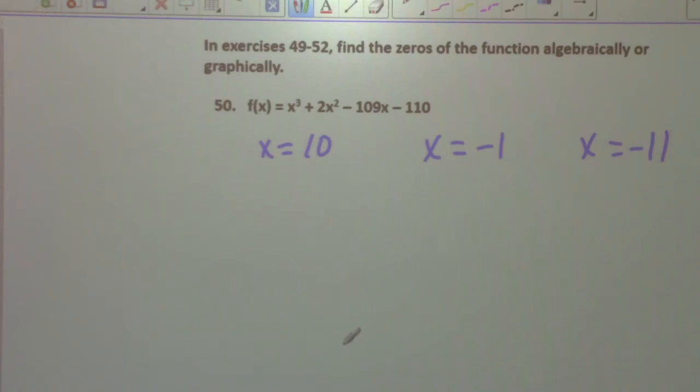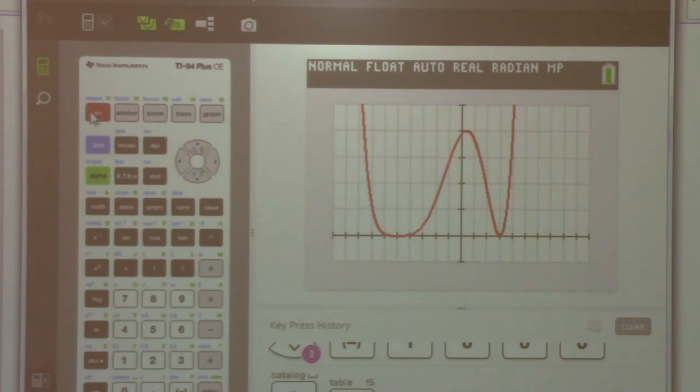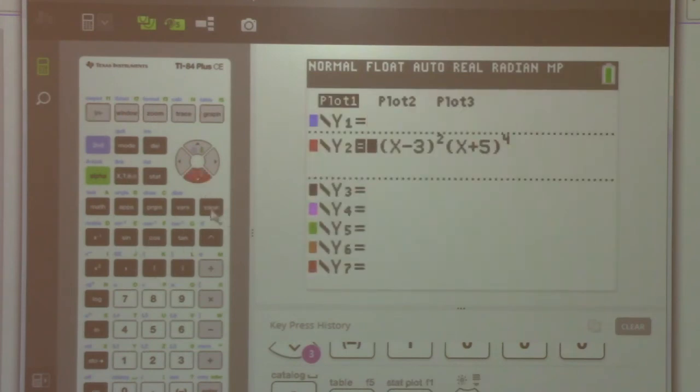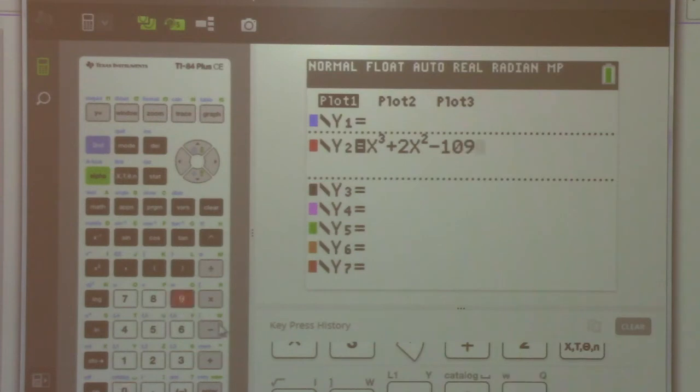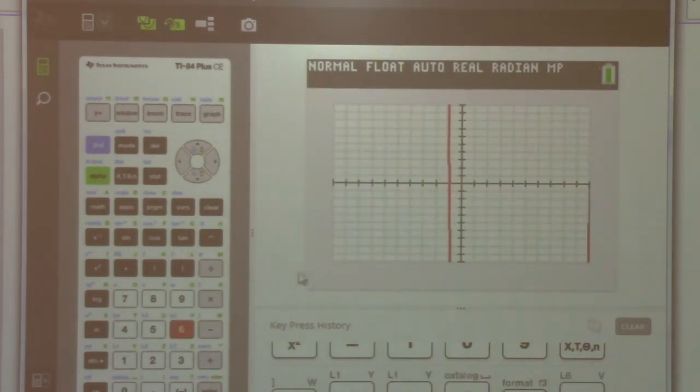But I want to do this for thoroughness of the audience. x cubed plus 2x squared, and that's going to be minus 109x minus 110. And graph, zoom 6. So we see